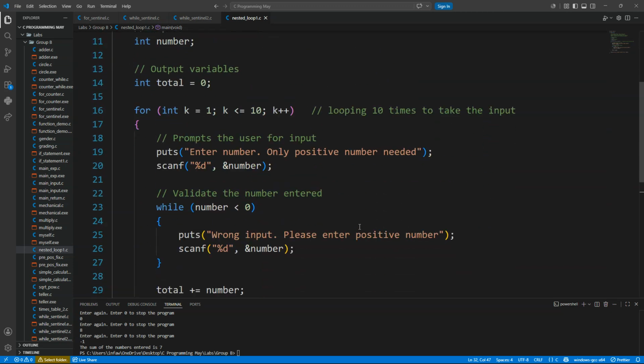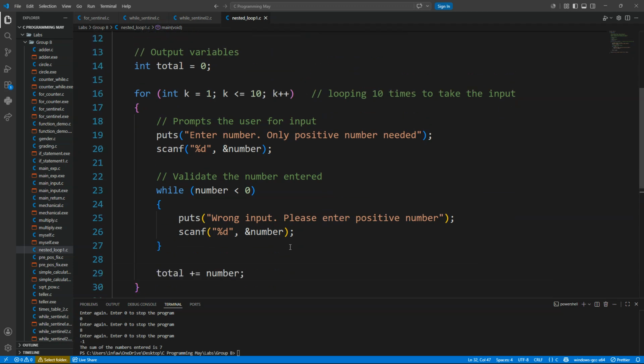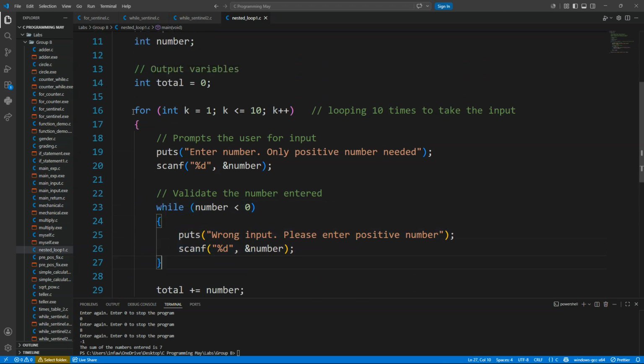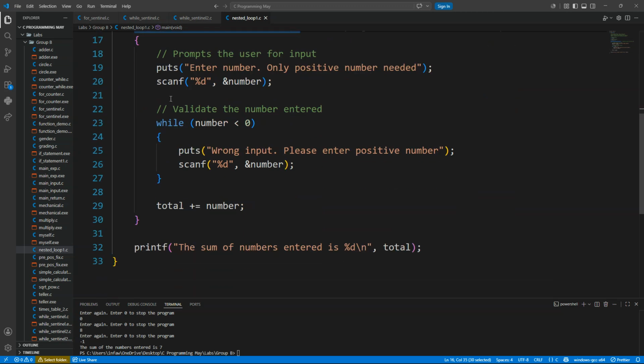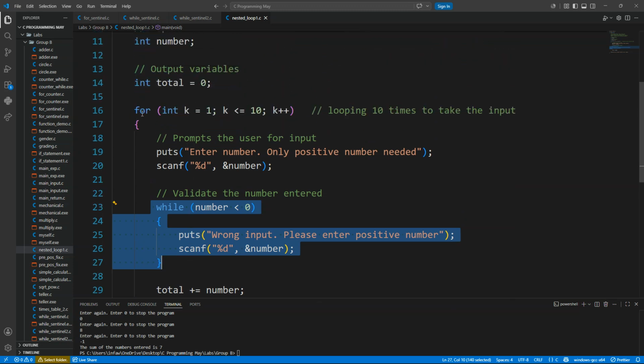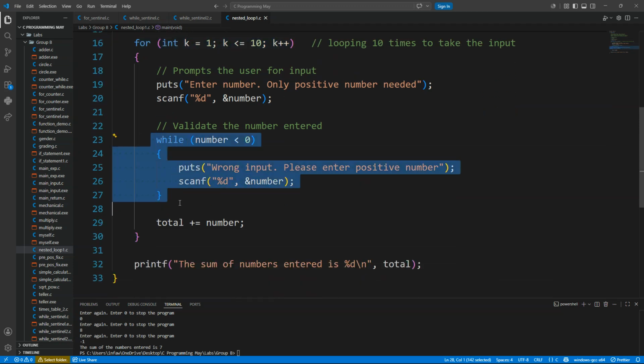Now, please, let's read the code. If you are not sure of any place, let me explain it before I run it. Let me know if you are okay with all the explanation that I've given. So this is what we are going to use. If you look at it, this is a for loop, which is the outer loop, and this is another loop inside. I'm using this loop to validate. That is another loop inside another loop. So this one is going to run 10 times, but in each loop I'll be checking for validation purposes